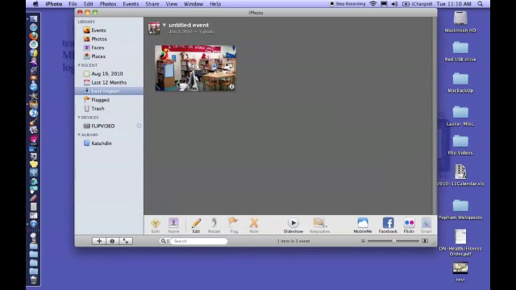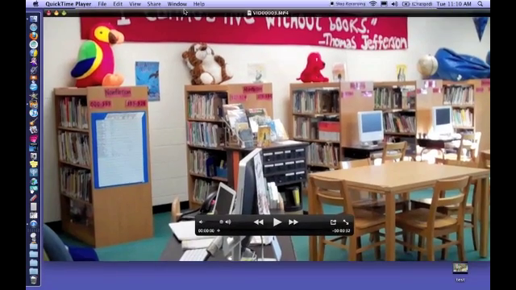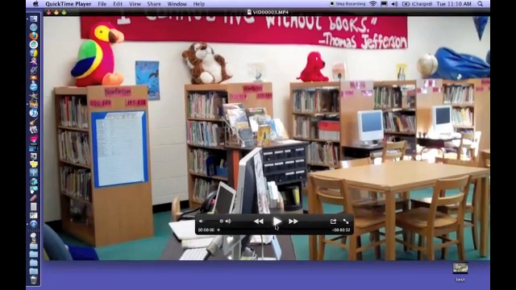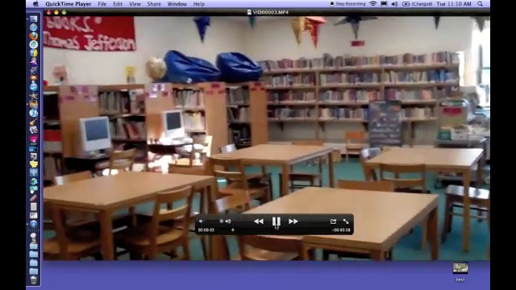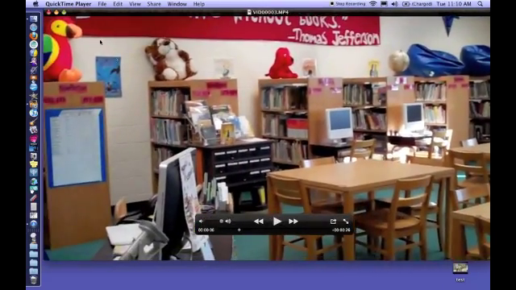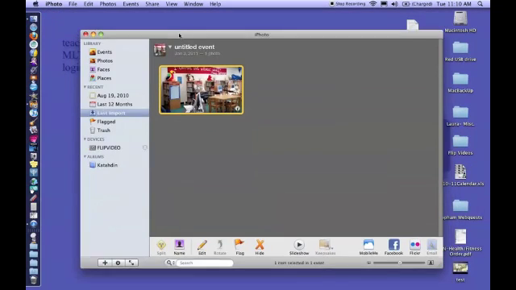I like to just test it out, open it up and play it for a second to make sure everything came through just fine. This looks like it did in this case. So I close out of that and then come back to my desktop,